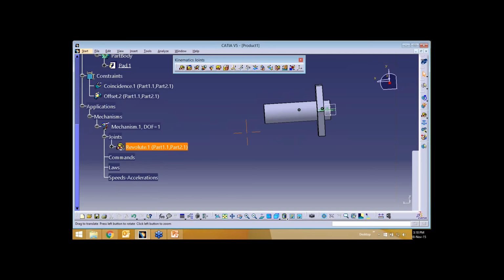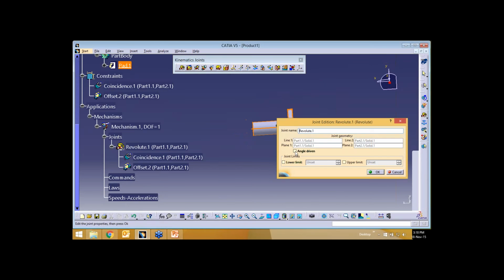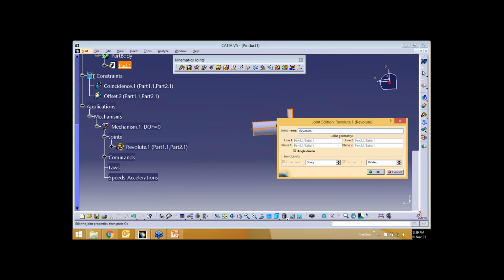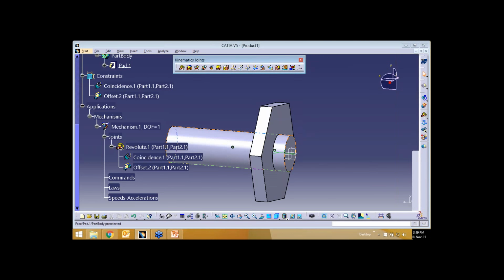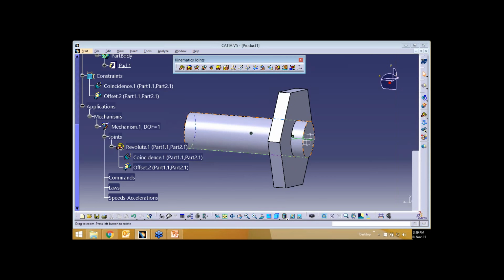When you give an angle driven value from 0 to 360, the degrees of freedom for the component becomes 2. If I just uncheck this and say OK, the degrees of freedom for this component is 1. That means since this component and this component have a coincidence of a centered axis, face to face offset of 5 mm, this external thing can rotate along this shaft. That is the only freedom this component has.